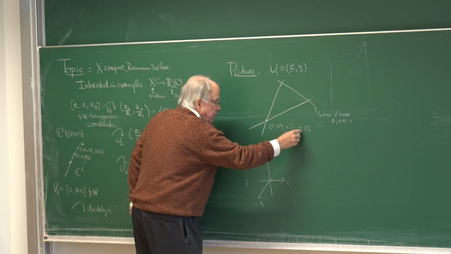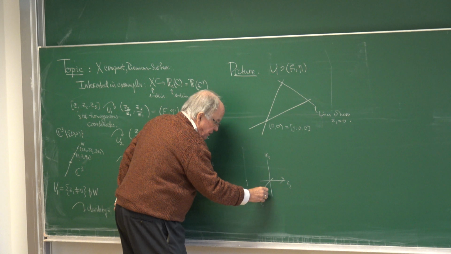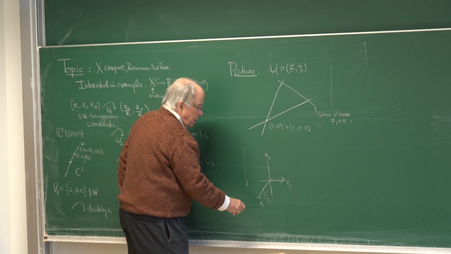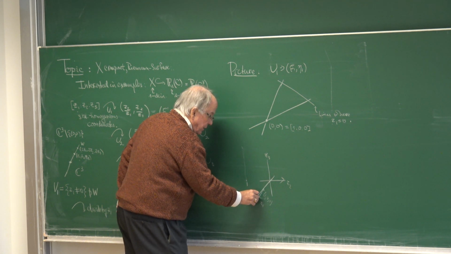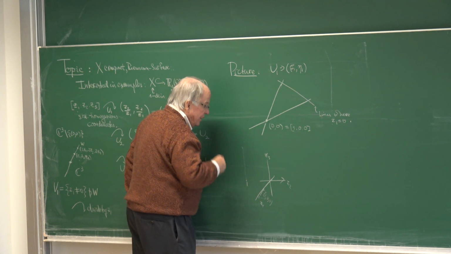The point 1, 0, 0 means that I took as a basis of this one-dimensional space the point 1, 0, 0. Right? So we're really talking about this line. Okay. Now